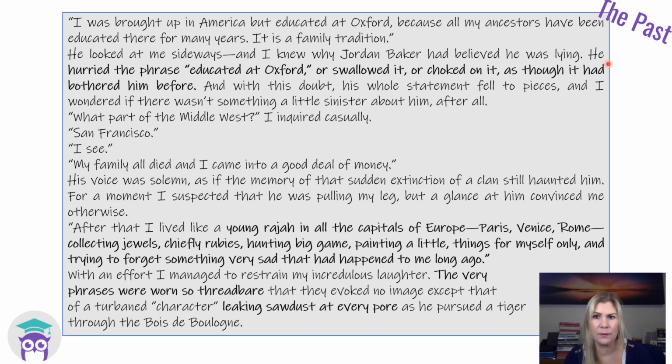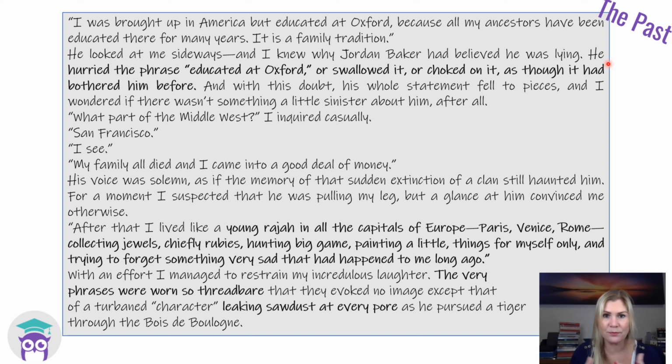Have a little look at the language and the structural features there. It's slightly triadic. He hurried it, or swallowed it, or choked on it. Notice how it's getting progressively worse, all demonstrating a sort of insecurity with the way that he's saying the words. So it's a massive hint that there's something not quite right about this description of his past. Love the metaphor of swallowing the words, but then the idea of them choking him. So it's actually quite unpleasant for him to get this